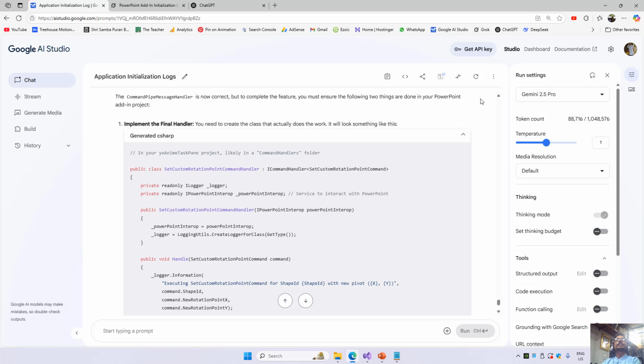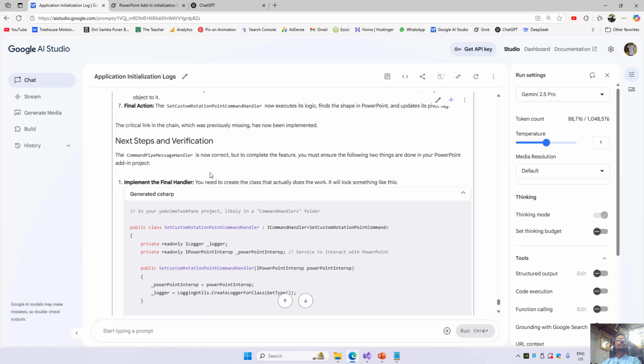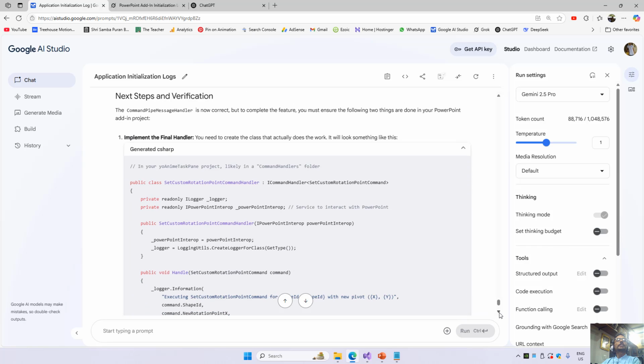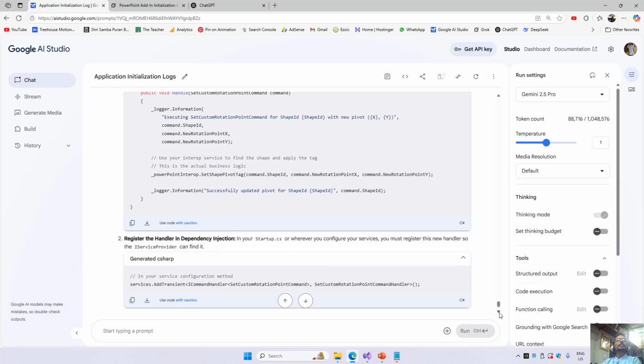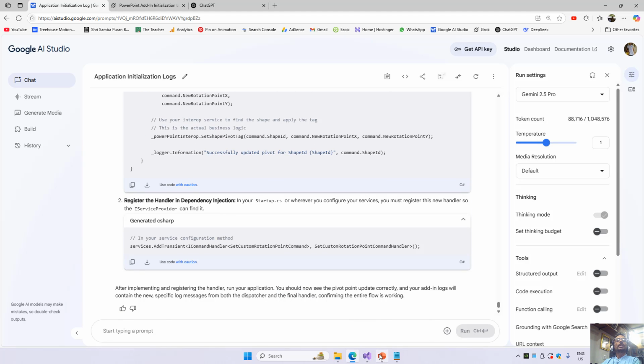So it is saying that the next step we need to investigate is the set custom rotation point command handler. The command pipe message handler is now correct, but to complete the feature you must ensure the following two things are done in your PowerPoint add-in project. Implement the final handler, and that is the set custom rotation point command handler, and we also have this,